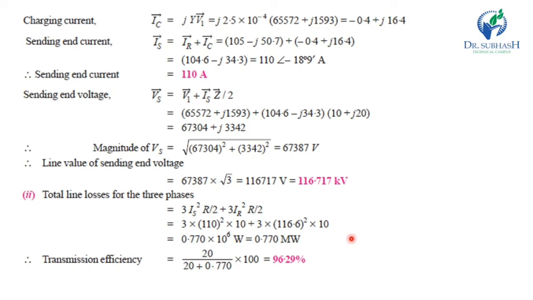Now in this lecture we studied the T method, how we calculate with the help of the phasor diagram, and then we saw an example on the T method. In the next lecture we will study the pi method and how we draw the equivalent circuit of the pi method. With the help of the equivalent circuit we draw the phasor diagram, and with the help of the phasor diagram we derive the calculation for the pi method for a medium transmission line, and then we study some examples based on the pi method.